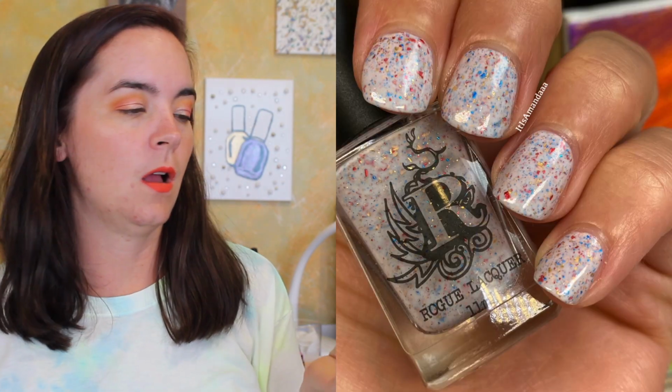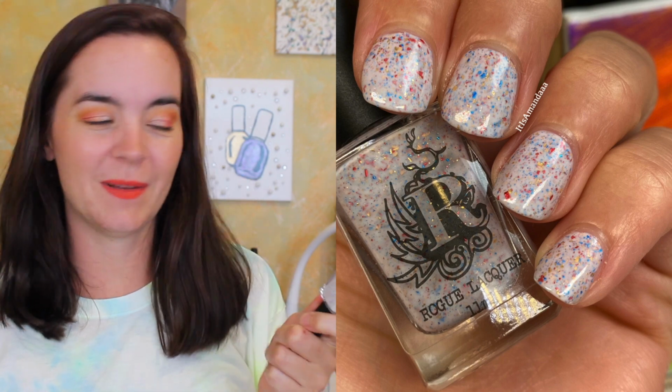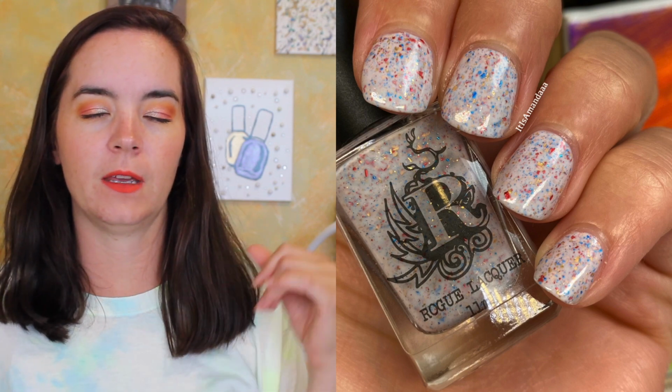For R, we had 2. Again, kind of surprised by that. I thought there would be more for R. We have Rainbow Honey, which is no longer around as far as I know, and then Rogue Lacquer. This is Jawbreaker from the May Candyland Polish Pickup. She does fantastic Crellies, fantastic flaky Crellies. I actually have like 3